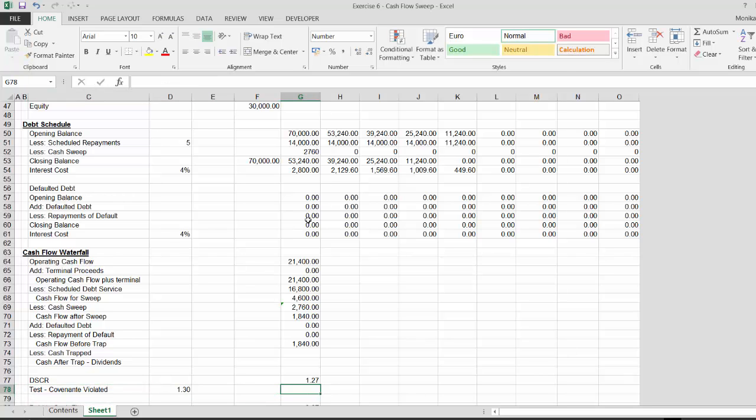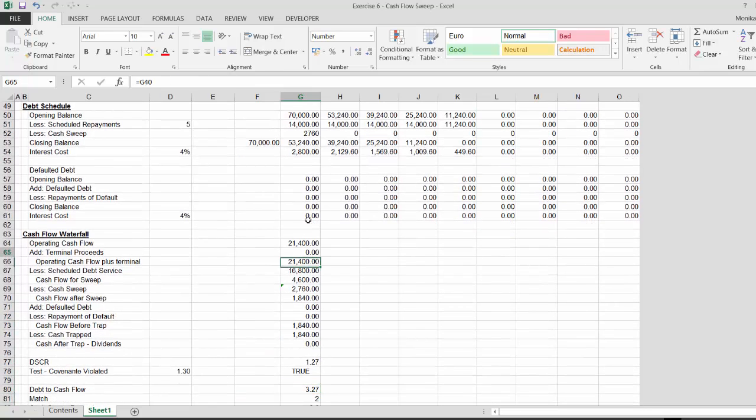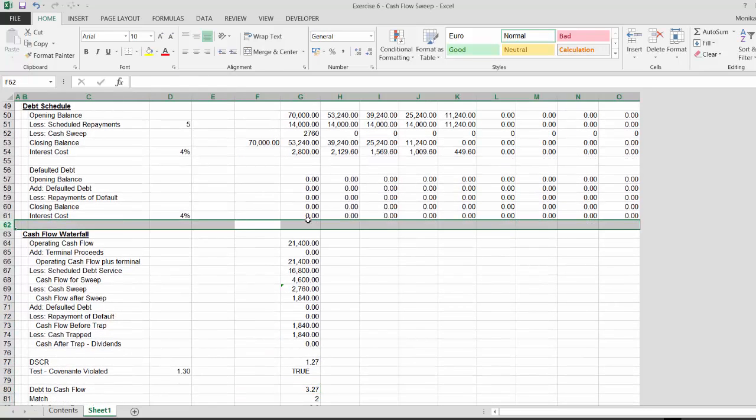Okay, and that we take this one, and if this one is less than or equal to that one, it's true. So what we do is we trap this cash. We take this one and multiply it by the true, and that means we're not allowed to pay any dividends. And if we've trapped the cash, we have to put the trapped cash somewhere. So we need to make one more little account up here,